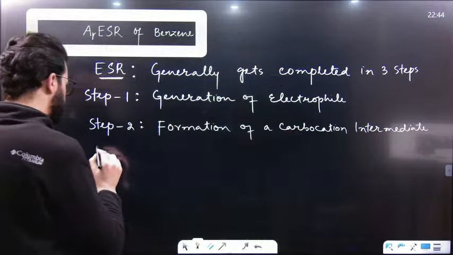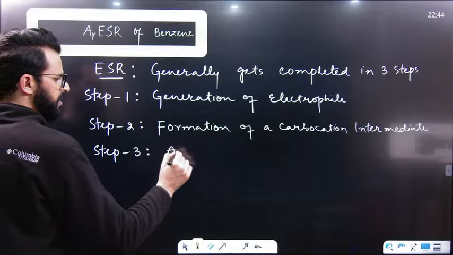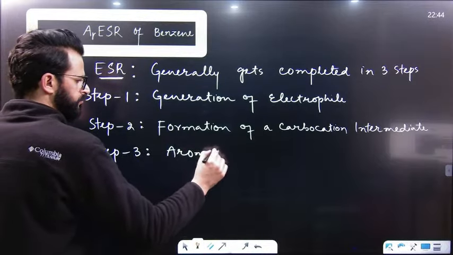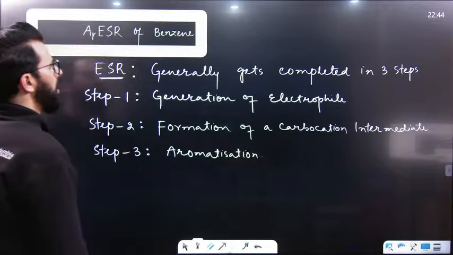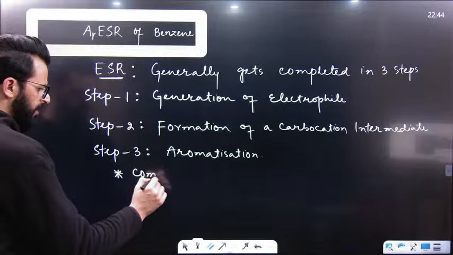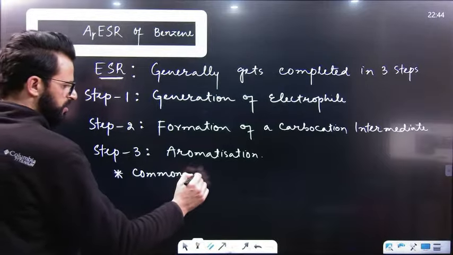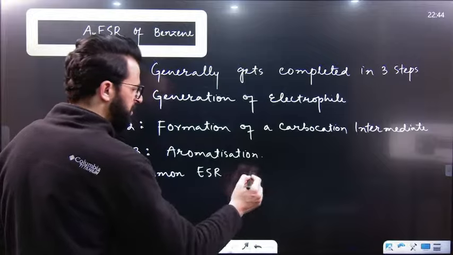And step 3 is aromatization. And remember, the most common electrophilic substitution reactions of benzene or aromatic species are